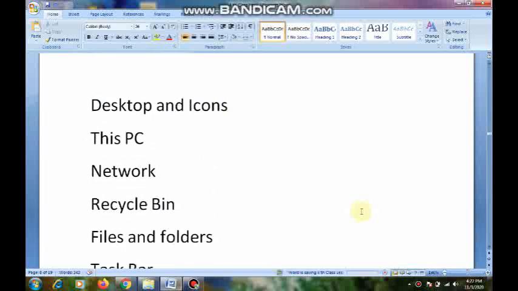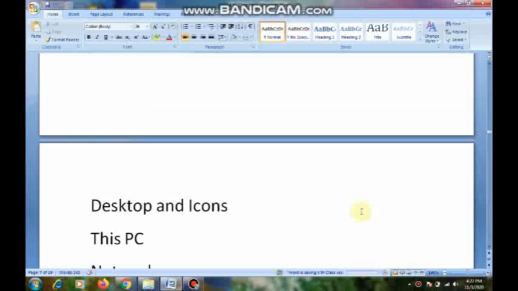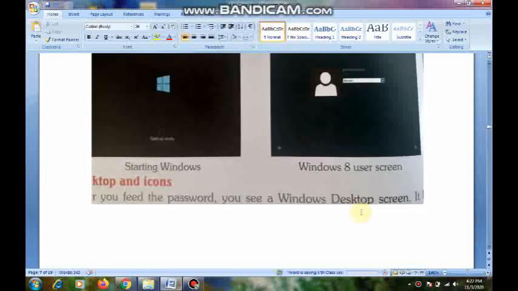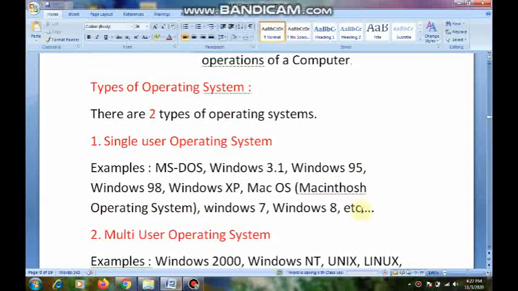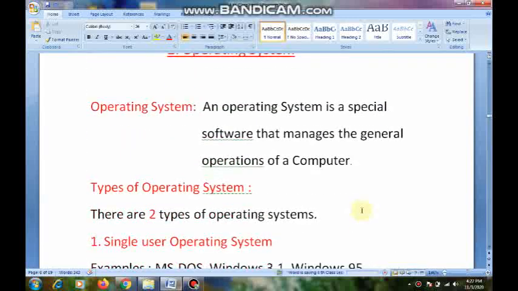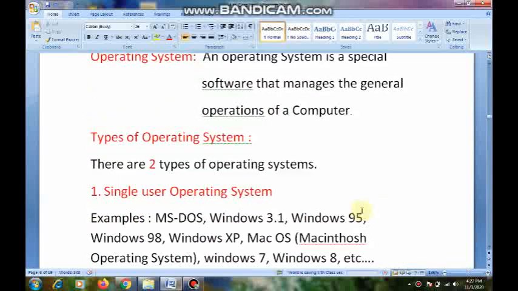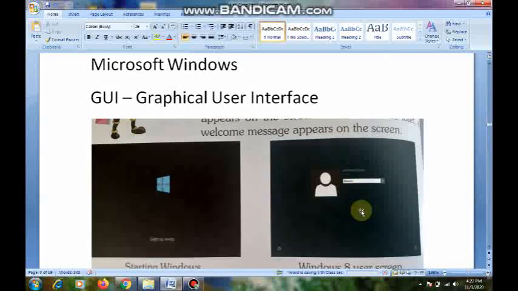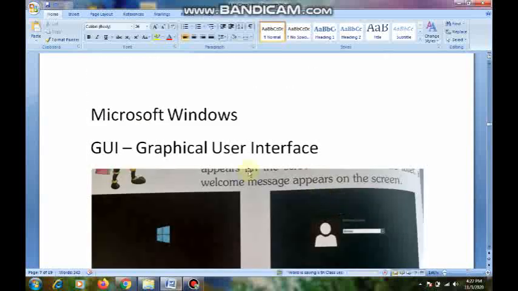Children, now we are learning the second lesson, that is operating system. In this lesson, we learn so many topics. What is an operating system, and what are the types of operating systems? Next, coming to Windows, how it will help. Operating system is nothing but Windows. It's a special software which can manage our computer, and act as an interface between hardware and software and